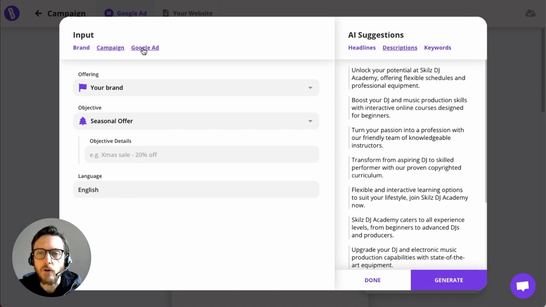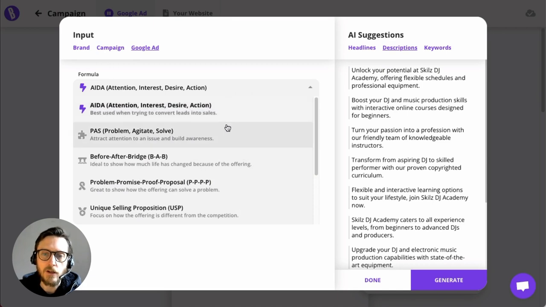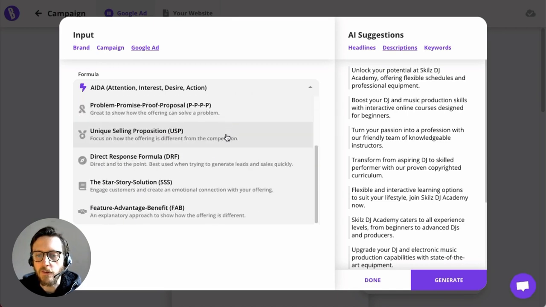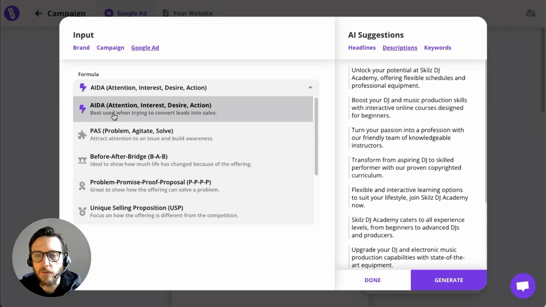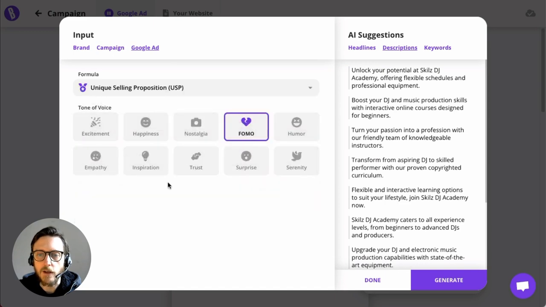And then we have our Ad tab up here, where we give you the option to select from a range of different copywriting formulas that are established in the industry to achieve different results. We have a help document explaining exactly what these different copywriting formulas do. It would basically be too much for this video to go into detail here, but just know that the AI is, again, trying to take this and generate the output according to the copywriting formula that you select.